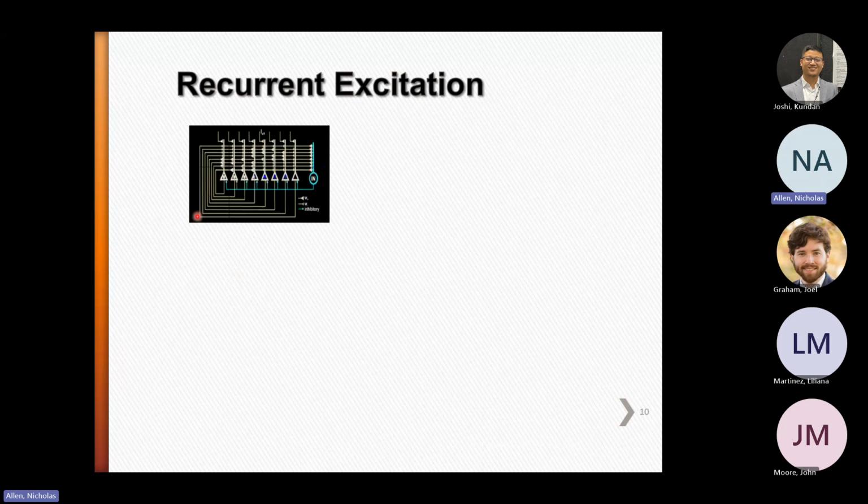This is a schematic diagram that illustrates a circuit based on the principle of recurrent excitation. In this diagram, each one of these triangles represents one neuron. This neuron receives afferent input at the top. In the context of what I've been discussing, this would correspond to the response to the visual stimulus itself, which excites some neurons in the retina that get propagated across the pathway of visual areas in the cerebral cortex. That's the afferent.